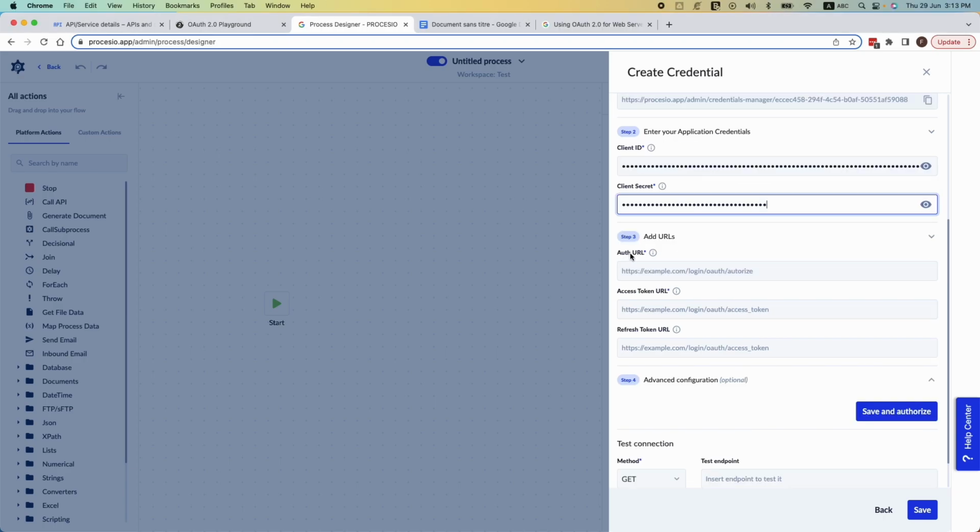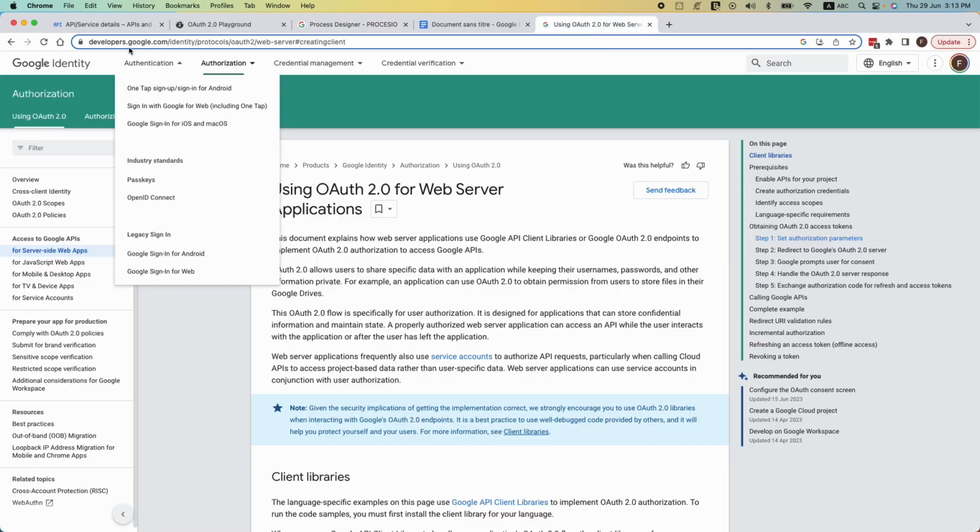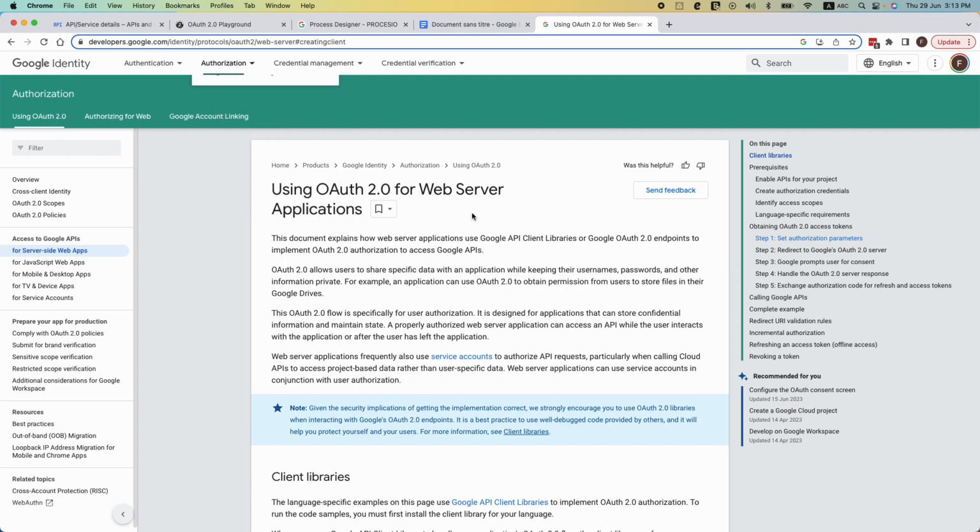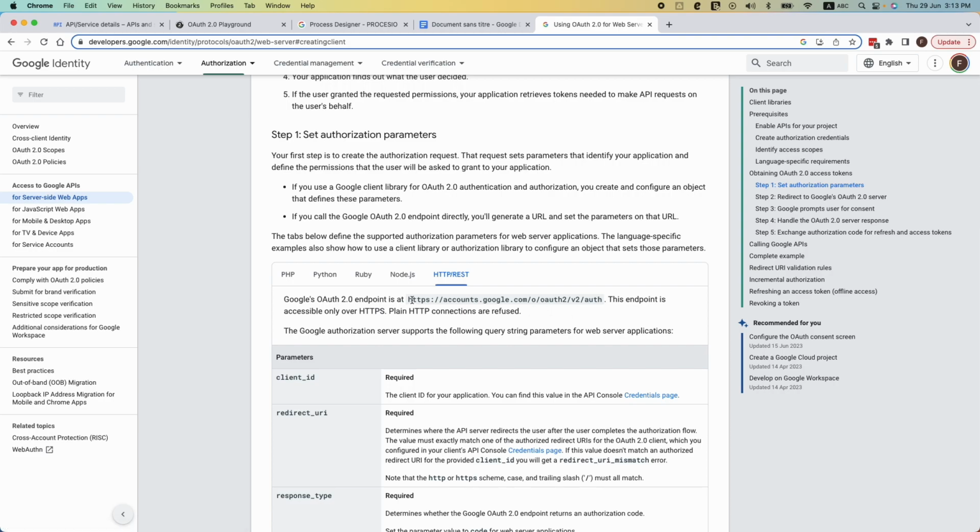So let's start with the authorization URL. This is a URL from Google to ask for authorization and then exchange the token. I will put the link in the description, but there is a documentation page on developers.google.com that gives you this URL. On this page, you click on step 1, set authorization parameters, and you will have the access of this OAuth endpoint. So you copy this URL,